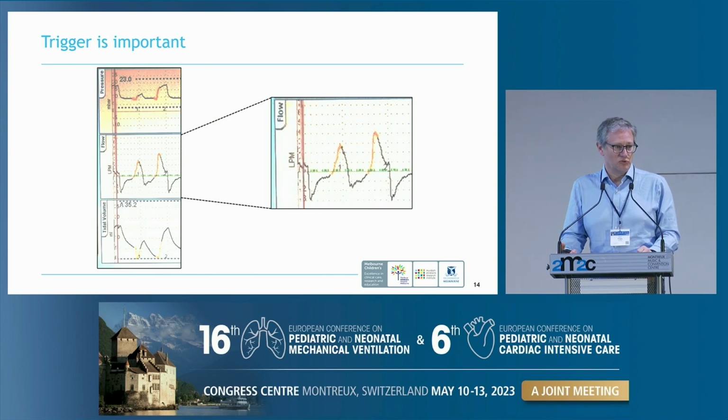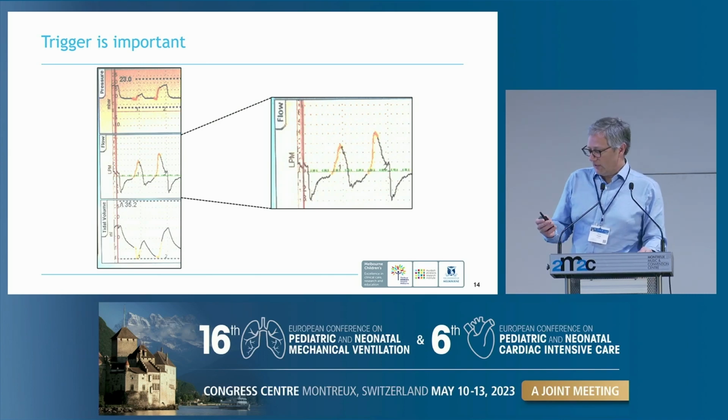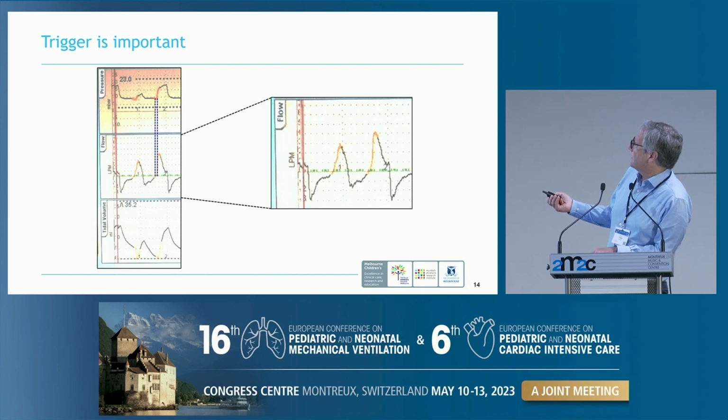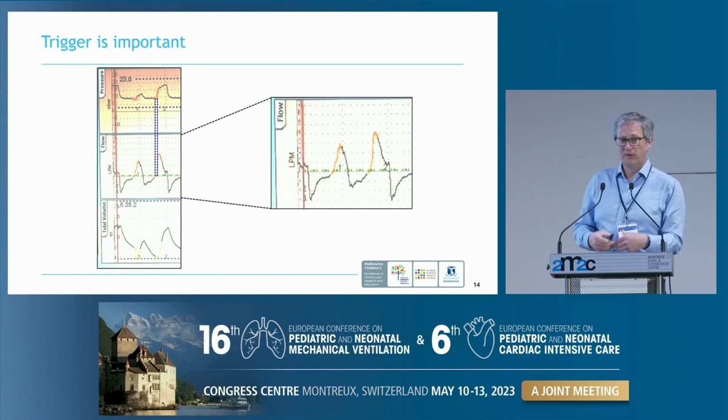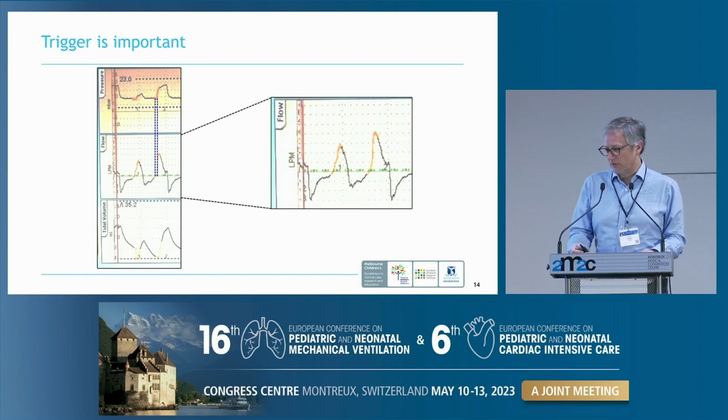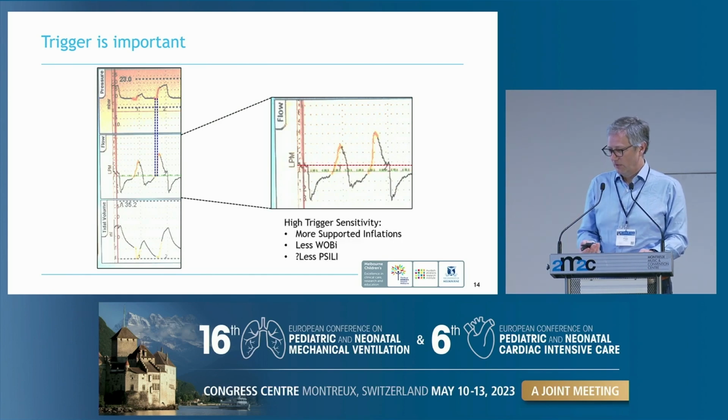And you're going to use a trigger setting which is going to be much lower than you would use on children, because again, and I showed this the other day, you can see that the peak flow that's occurring here is actually only 3 litres per minute. So we don't want trigger of our ventilator to be too late. We want the baby to get the most support during positive pressure ventilation, so we want a trigger that reflects the flow patterns of our baby, and that generally means flow levels of 0.2 to 0.6 litres per minute.